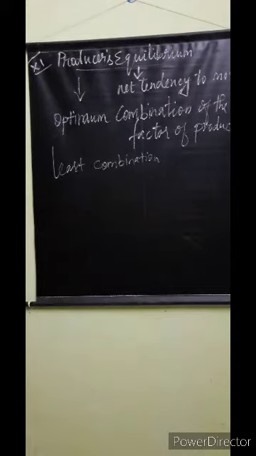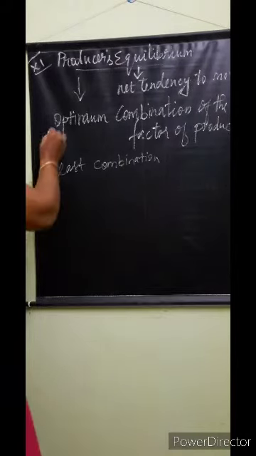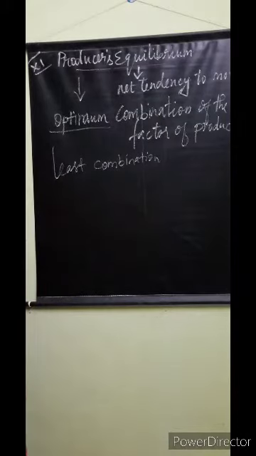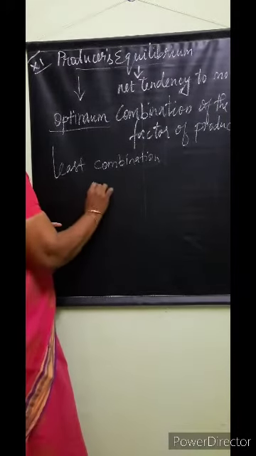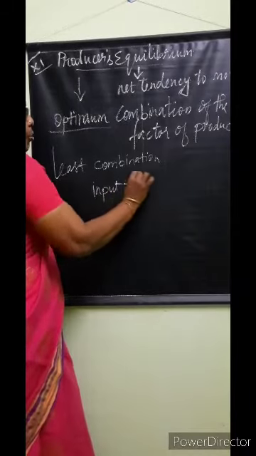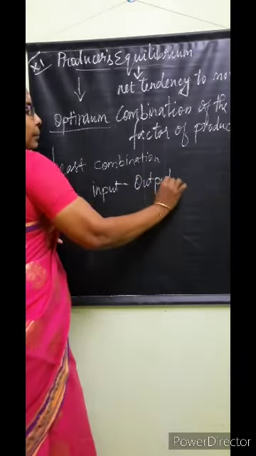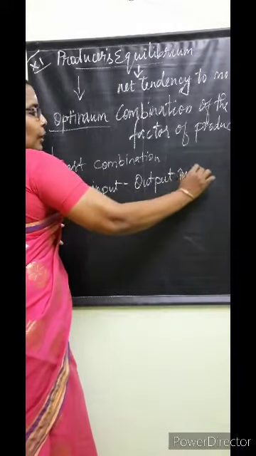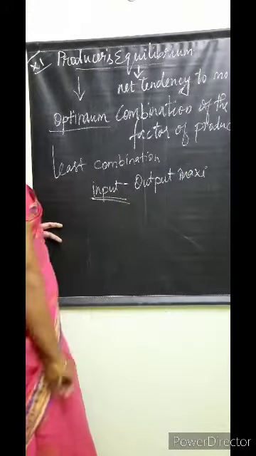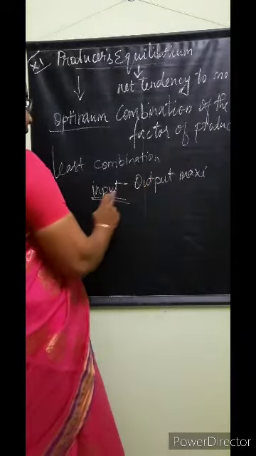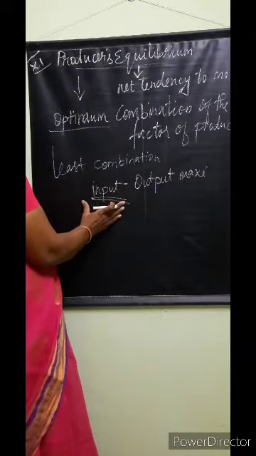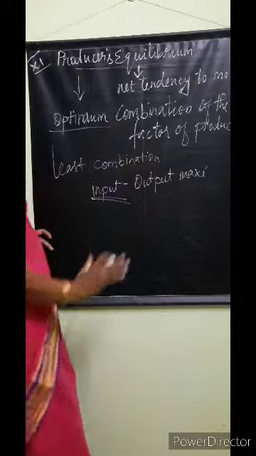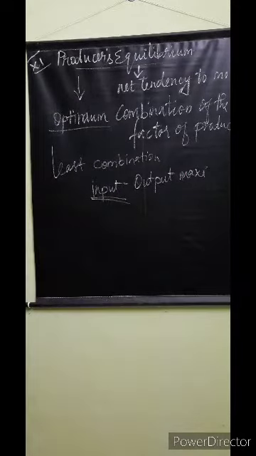So what is the optimum combination of factors? That means output should be maximized for the given input, isn't it? Optimum combination means with a given input, the output will be maximum. Maximum output should be given with the given inputs. Whatever input they give, getting maximum output with it is called optimum combination, or else